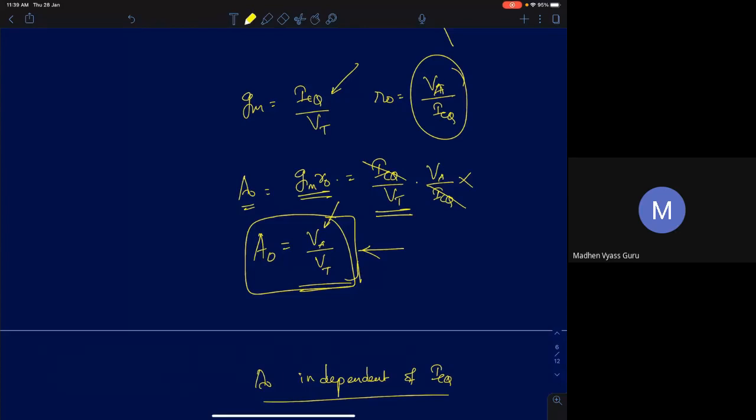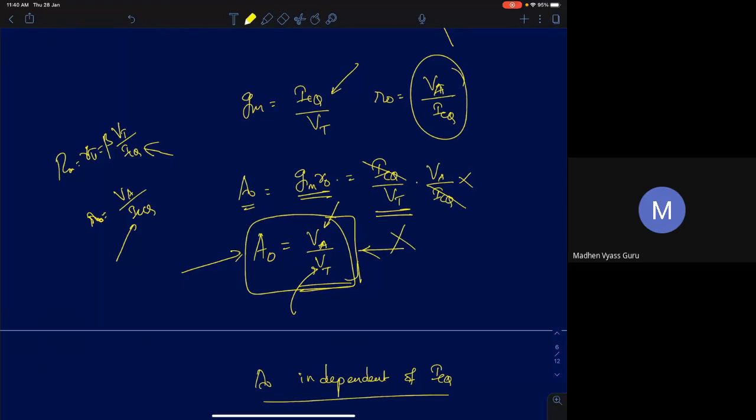But thermal voltage is also something that you don't have control over. It's a value that depends upon temperature. So if you see this intrinsic gain, it is independent of the bias current. It is independent of your bias operating point. Mainly ICQ is the only important thing, and it doesn't depend upon it. R in, if you recall, was r pi, which is beta VT upon ICQ, so it has a dependence upon the collector current. r0 is the Early voltage upon ICQ, which also has a dependence on collector current. But the intrinsic gain A0 does not depend on the collector current.